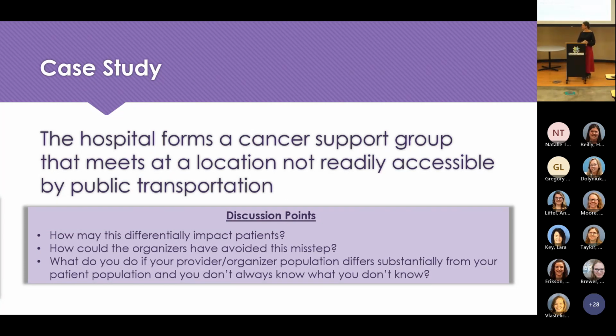These kinds of situations are complex, right? Because there's lots of things that go into these decisions. But if we're talking about access and making sure that people are actually utilizing the resources, there might be a few things to think about that might be done differently. Yeah, and I think this kind of demonstrates, too, that maybe the group that was forming the support groups and